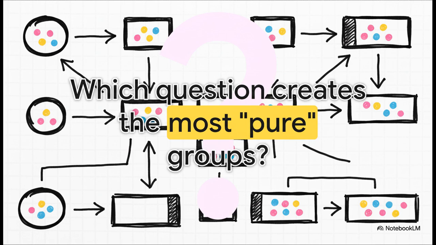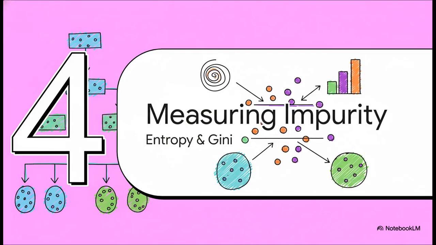Which one of our weather features is going to do the best job of separating the yes, let's play tennis days from the no, let's stay inside days, right from the very start? To figure that out, it's got to have a way to keep score. So, to compare all those possible questions, the algorithm needs a way to score them, and it does that by